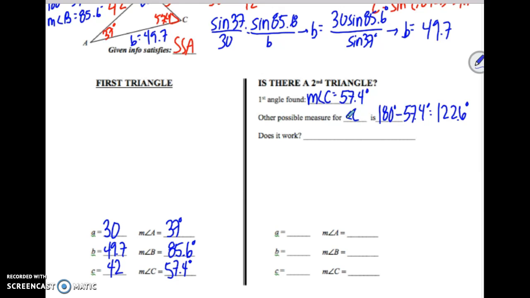So given our angle A, which was 37 degrees, and that was given, and if we add 122.6 degrees, which was the measure of angle C, that equals 159.6 degrees. Since 159.6 degrees is less than 180 degrees, we can tell ourselves, yes,